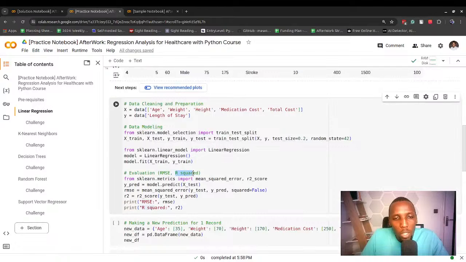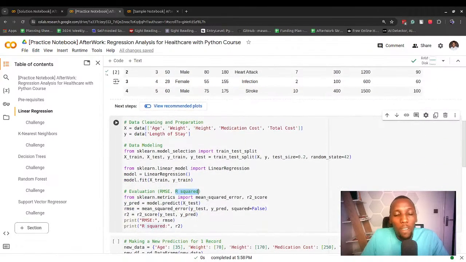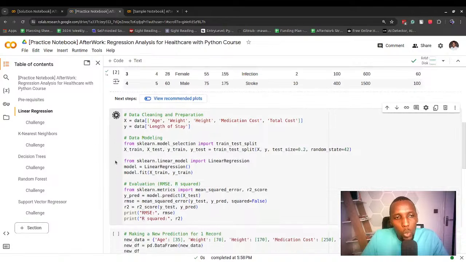R squared just means how well your model fits the data. And values of R squared usually range from 0 to 1. For root mean square error, there usually isn't an upper bound; it starts from 0 and goes upwards. But for R squared, it's usually 0 to 1. And what we normally look for with R squared is a value that's closer to 1. So let's run this to perform the